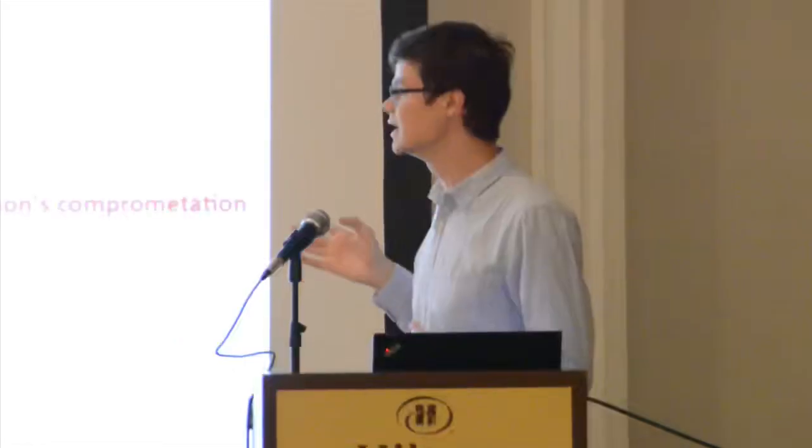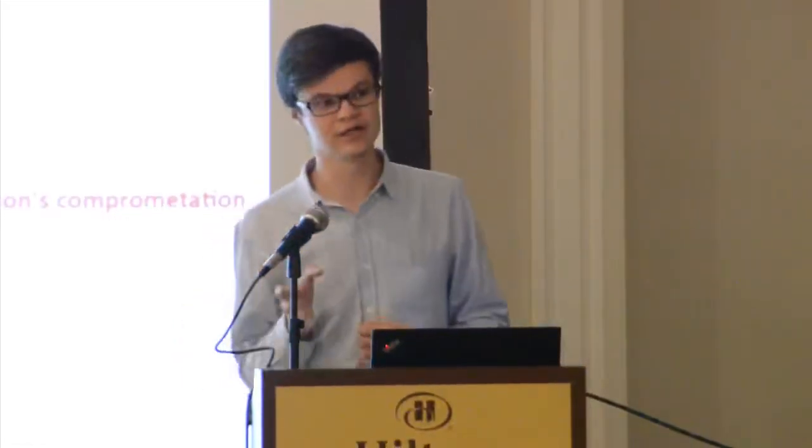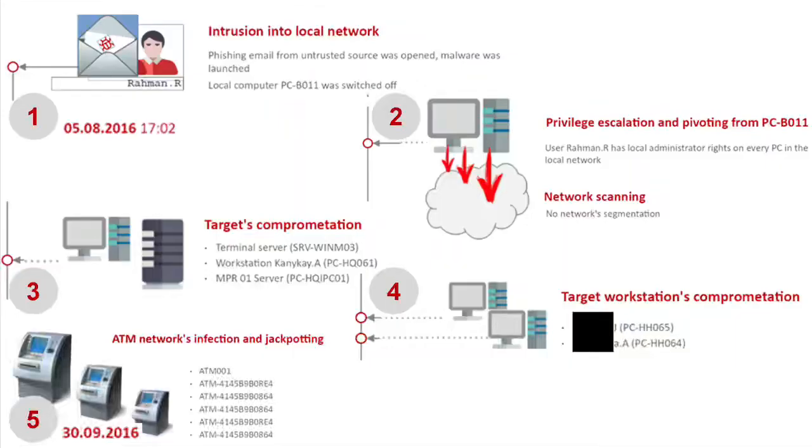So typically, how will this attack look? Here's an example of our security investigation from two years ago at one bank which was attacked by a major hacker group aimed at the ATMs, but actually there is no difference. So everything started with malware via a phishing email. Then